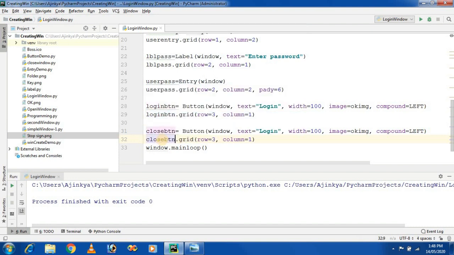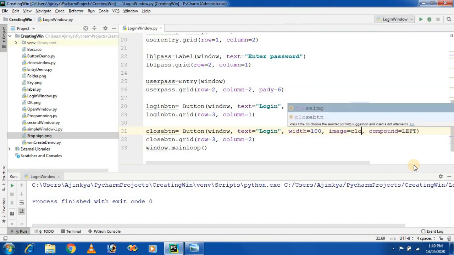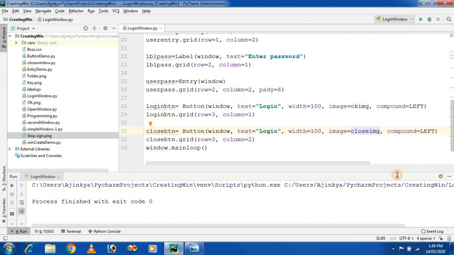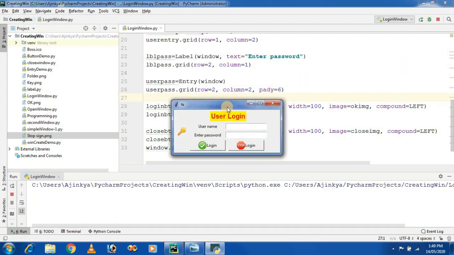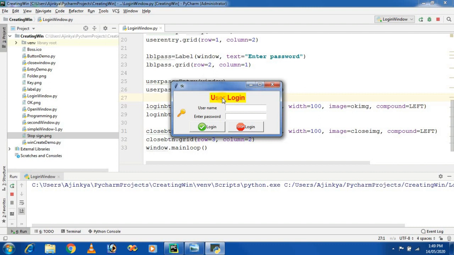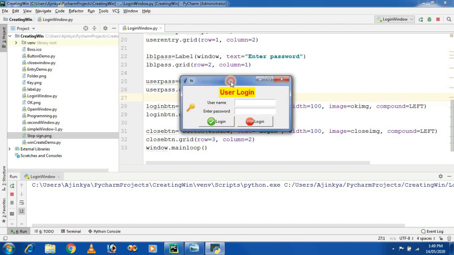This close button is placed on row number 3 and column number 2. Image is close_image, and compound as well. So run the project and see the output. So this is the login form creation. In this way, you can create a login form with the grid method, that is rows and columns.